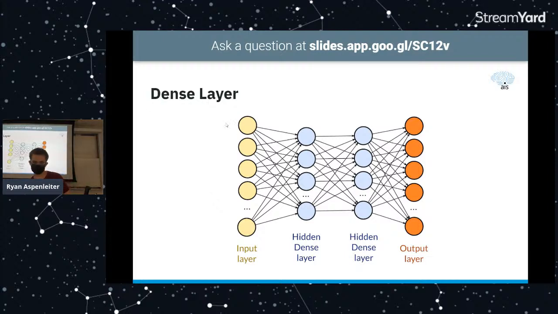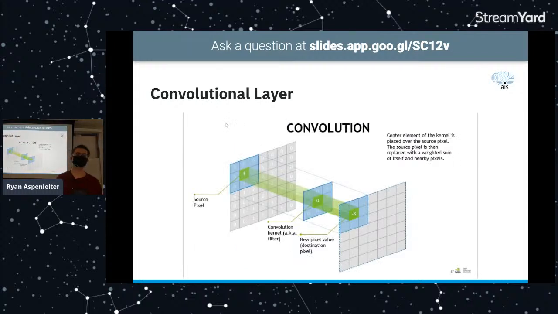All right, that's okay. Now, another layer that's pretty common for anything related to images, and that will be used in the competition, is a convolutional layer. I'm not going to get into the nitty-gritty of how the math works for this because it is a little weird, but fortunately there are a lot of libraries that handle it in the background. You shouldn't have to worry about it.